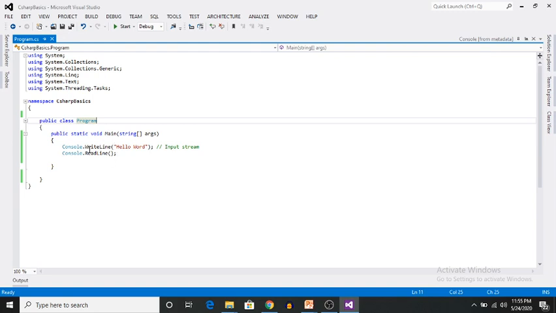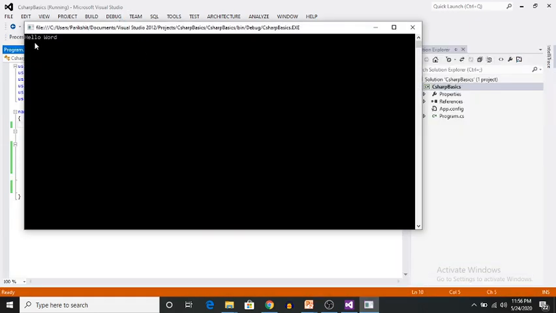Next, WriteLine displays your output and moves your cursor to the next line. Now I want my cursor to stay on the same line after the output.